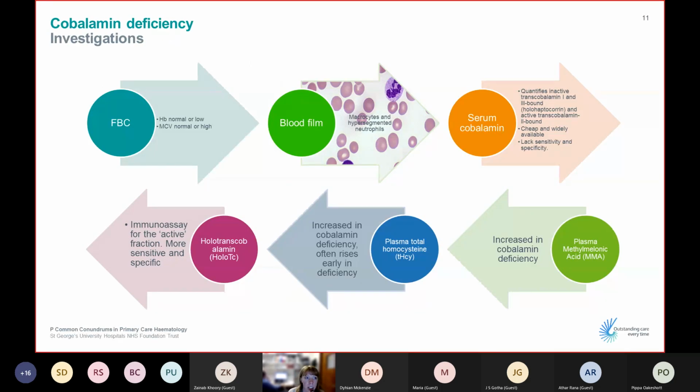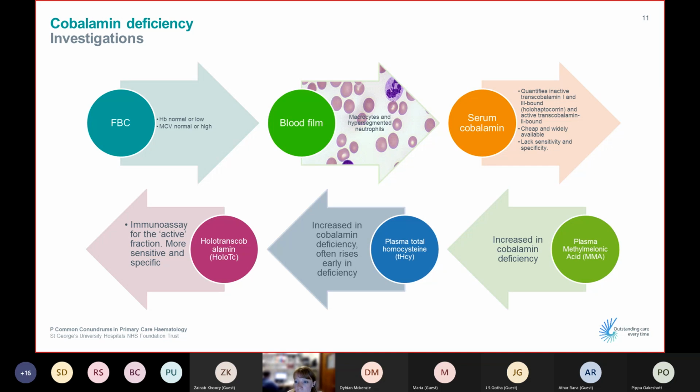So you have a patient that you're concerned might have a B12 deficiency. How best should we investigate them? We should always do a full blood count, but as we've seen, it may not always be helpful. The hemoglobin may be normal or it could be low. The MCV may be normal or high. A blood film can be helpful. It can not only confirm the macrocytosis, but show us other features, such as here on the little blood film, the top neutrophil is hypersegmented.